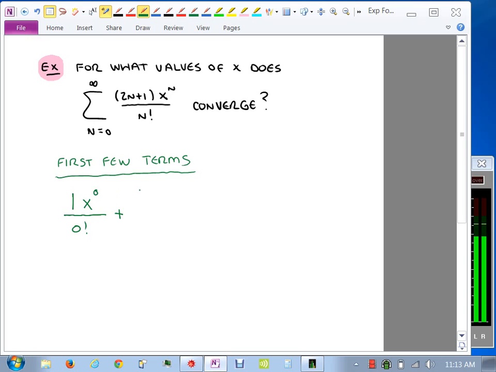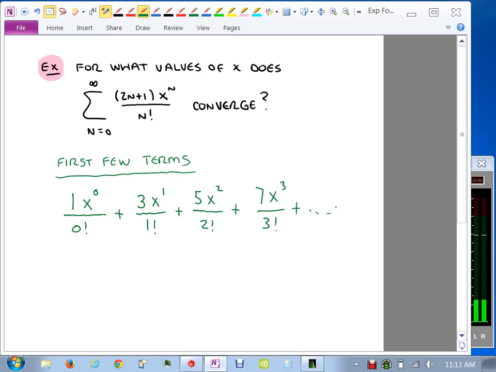So what do you get? 3, right? 3 x to the first power over 1 factorial plus, now plug in 2 for n, 5 x squared over 2 factorial. Let's do one more. Now we're plugging in what? 3, 7 x to the third over 3 factorial plus